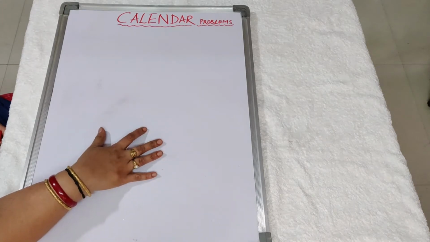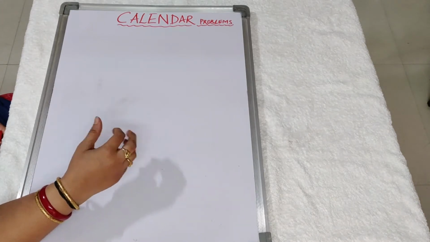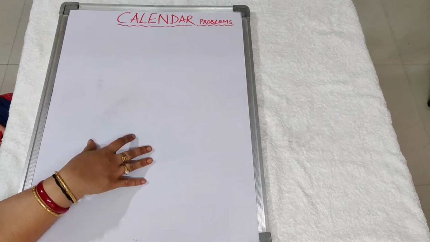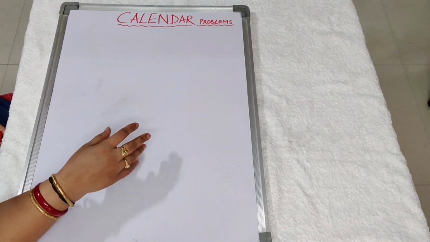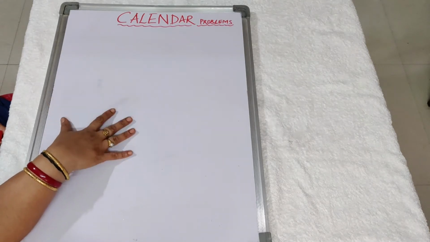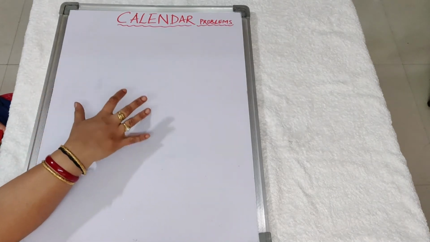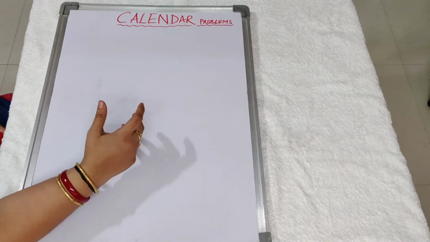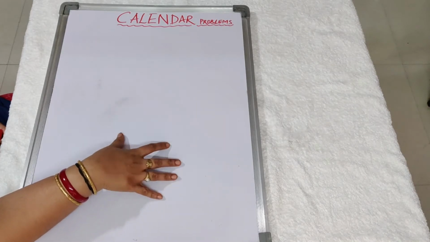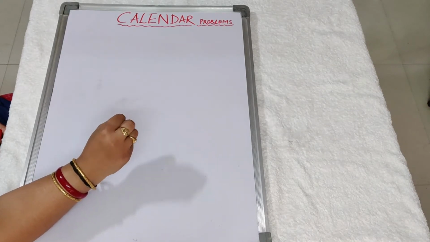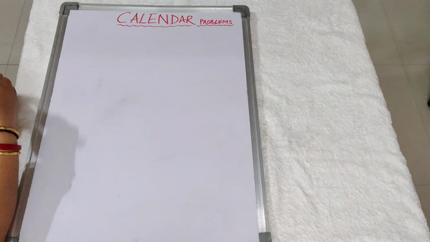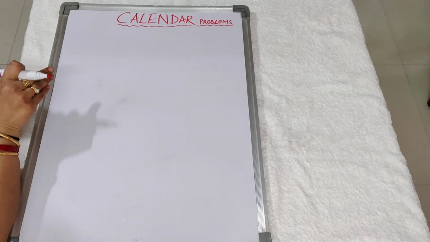When we come across these questions, I especially used to get worried and scared about finding the approach for these kinds of problems. So let me quickly share a few aspects in approaching them. We usually have some tables where we mug up the values. But in case you forget those values, how do you do it? This video is mainly about the little concept behind the calendar problems. So let's get started.